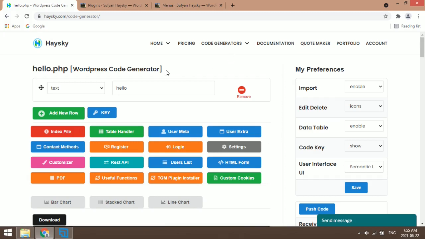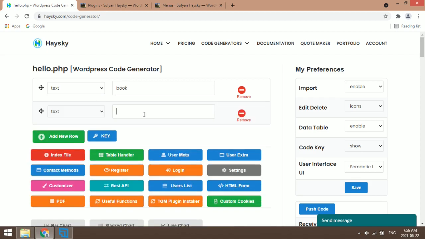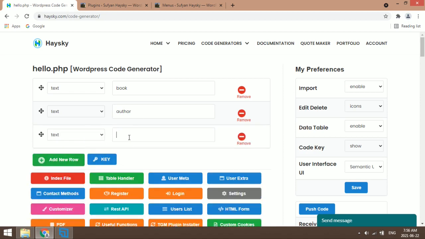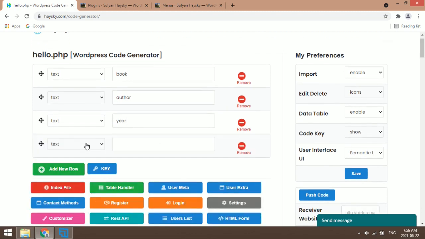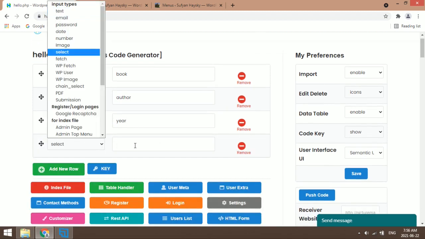In this video, we'll see how to use my preferences in our code generator. So when you open code generator, you can see these values. I'm trying to store books data in the database. I'll make book name as the first column, author and year. So these three fields, and then one select field will take